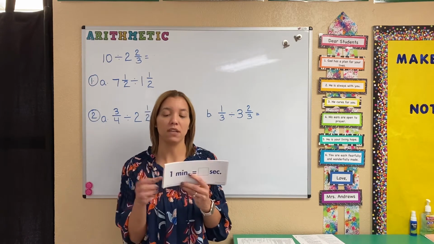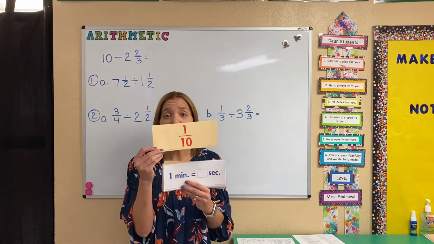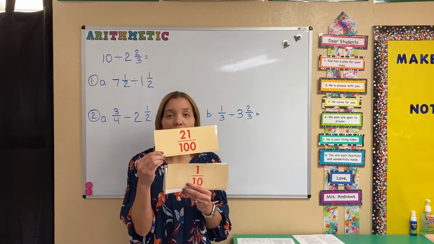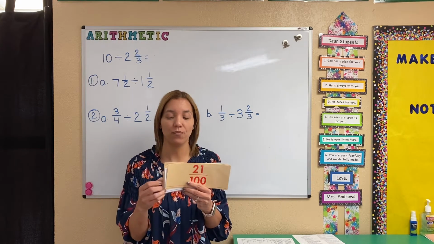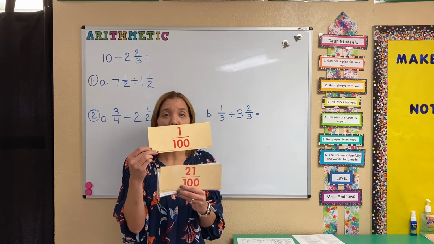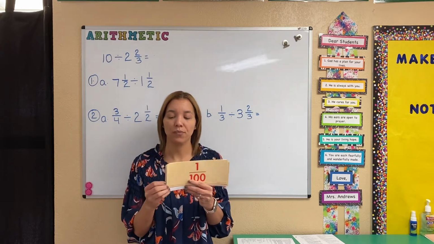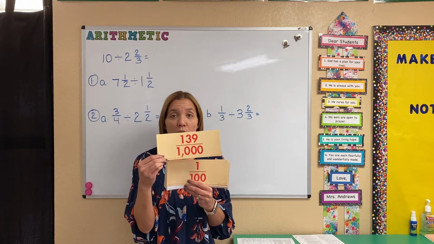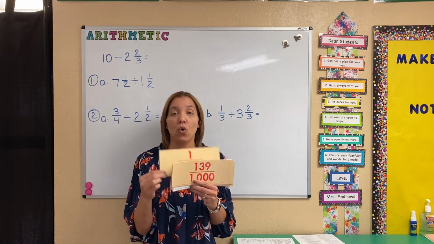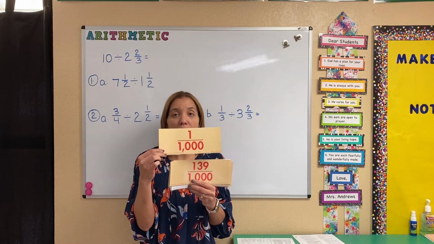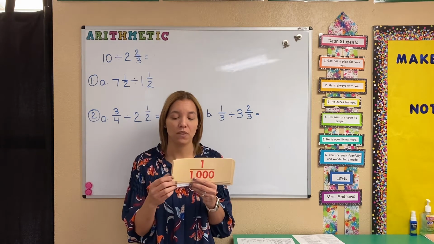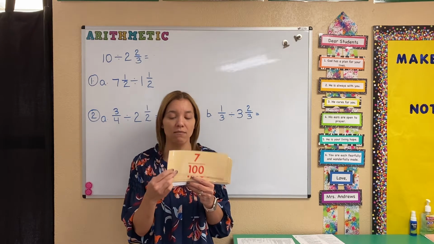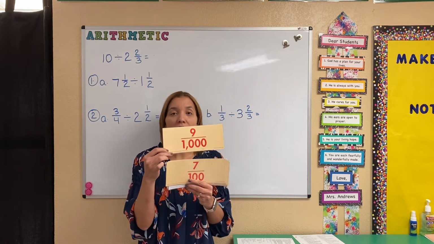Today we are going to be working on arithmetic lesson 129, and we are going to begin reviewing our concept cards. 1 over 10 is 0.1, 21 over 100 is 0.21, 1 over 100 is 0.01, 139 over 1,000 is 0.139, 1 over 1,000 is 0.001, 7 over 100 is 0.07,